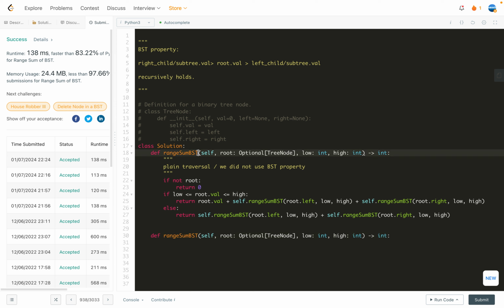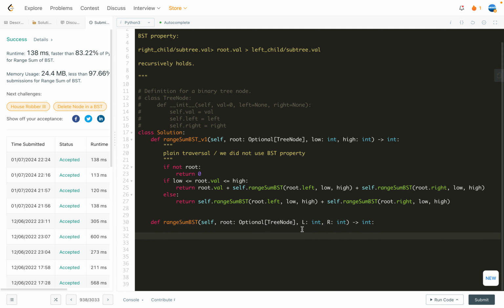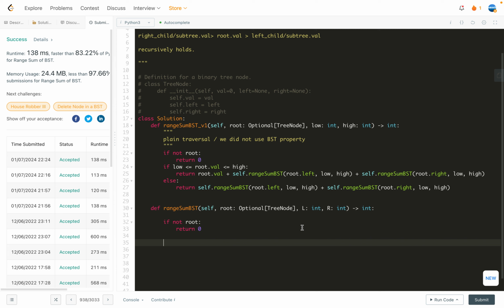I'm going to mark this one as version v1. Here we have low, let's use say left, right. We change this just for some convenience. First we see if not root. We still use this as a base case. Now we are going to consider the relative smallness or largeness of the root value with respect to the bound, right? If r is less than the root value,